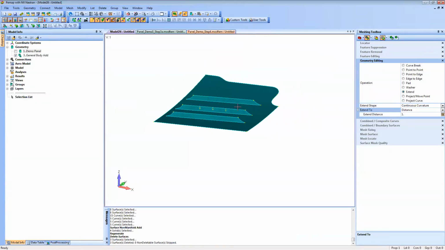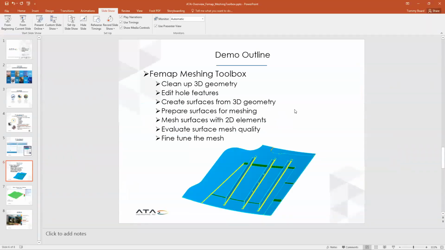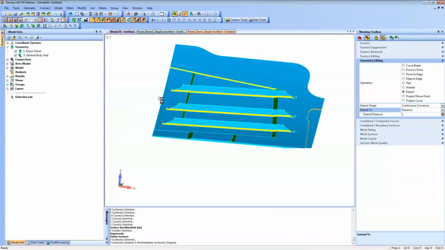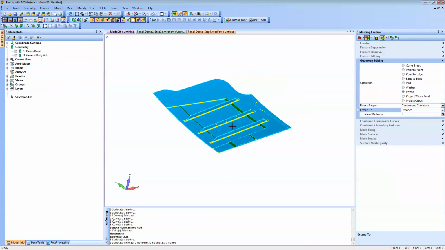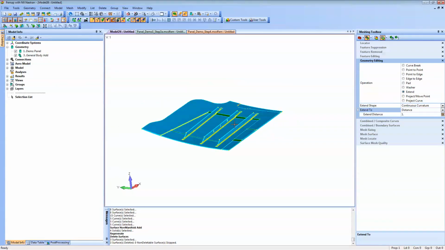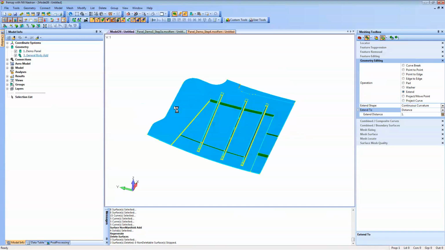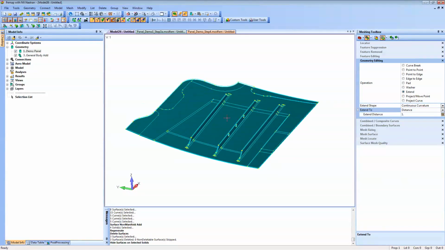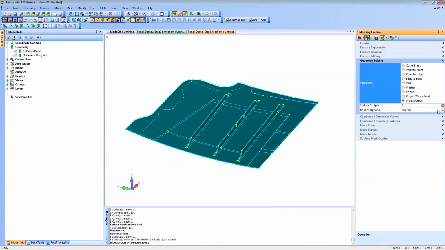So the next step we'll want to do is preparing surfaces for meshing. So you see we have all these pockets in the 3D geometry, and we'll want to project those pocket curves down to the main surface. One nice trick is to right-click hide surfaces. Then if you go to project curve, imprint, surface to split, we'll just click the main surface here, and then